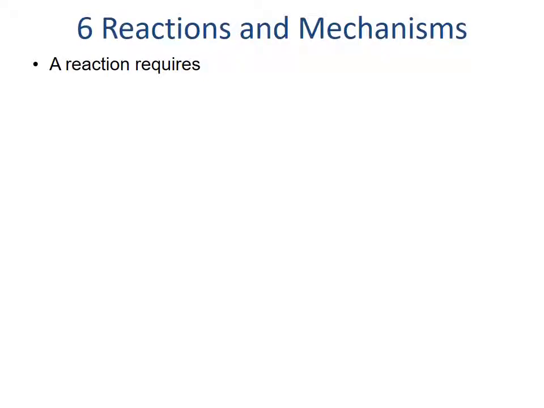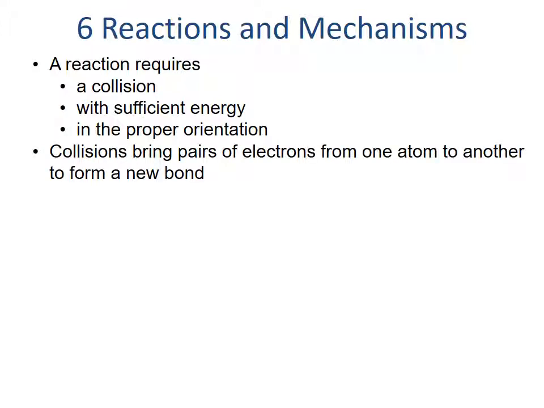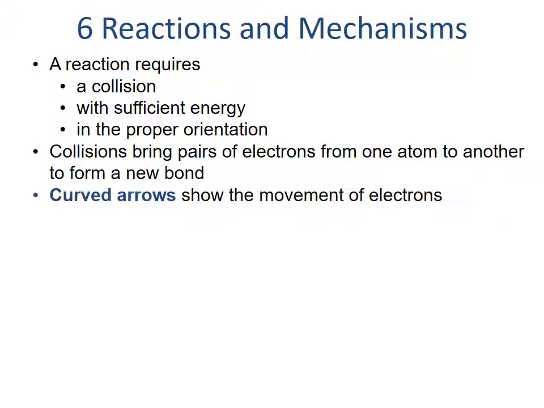In general chemistry, we learn that we have to have a few things for a reaction to occur. We need things to hit, we need them to hit hard, and we need them to hit where it counts. In organic chemistry, we think a lot about how these collisions form and break bonds by moving electrons to specific locations. We use curved arrow notation to show this movement, which we have already started to use when we talked